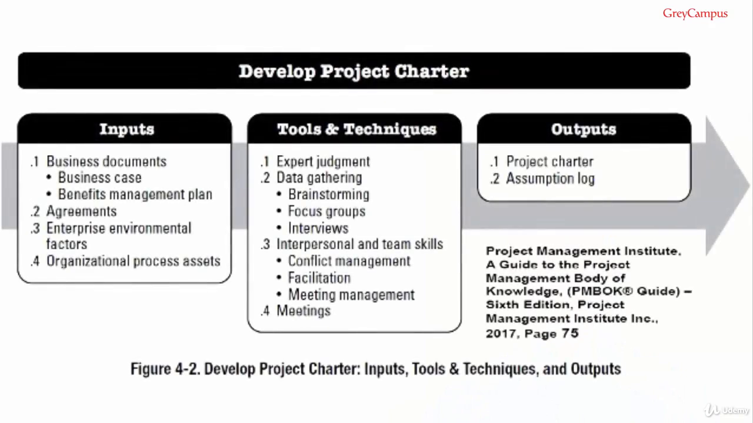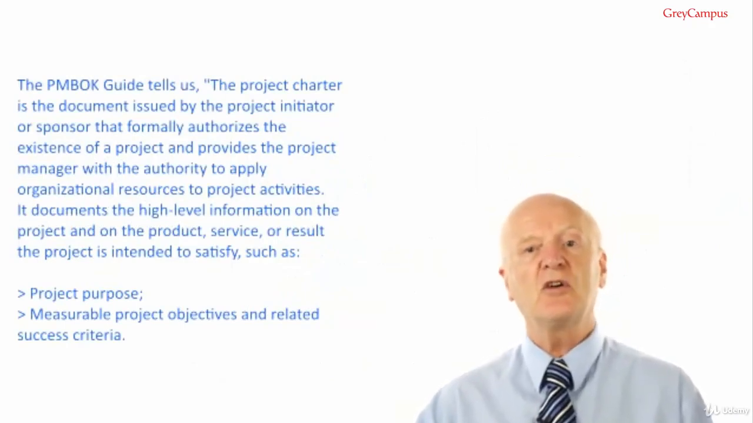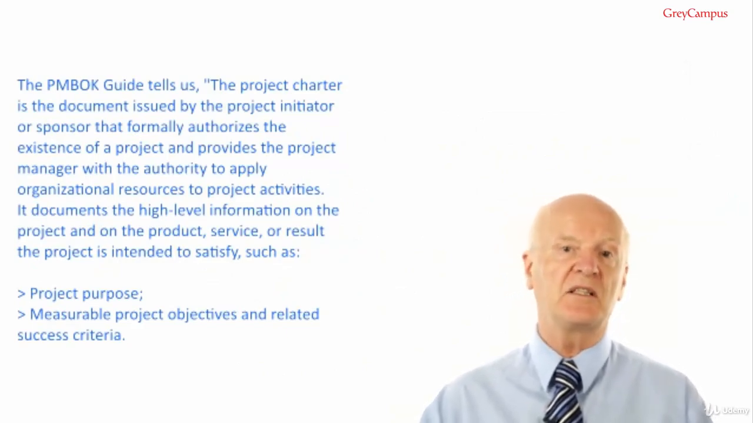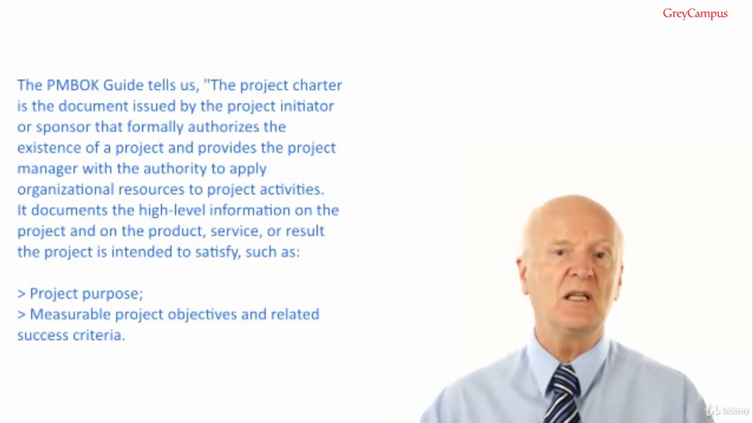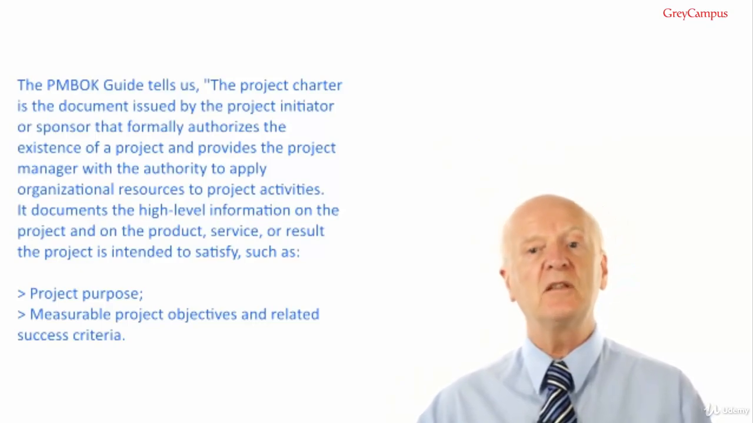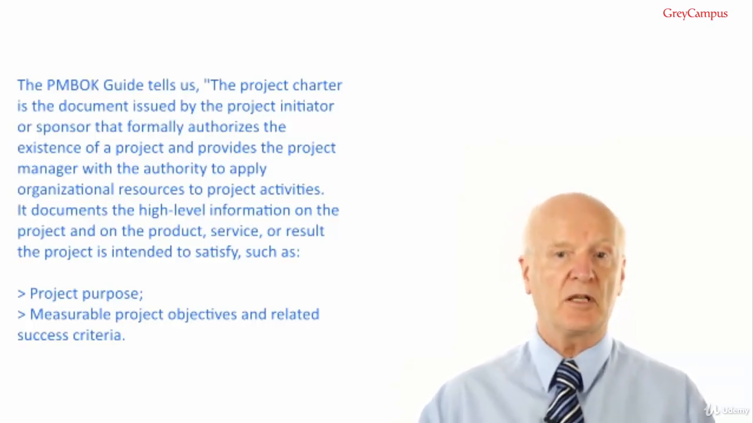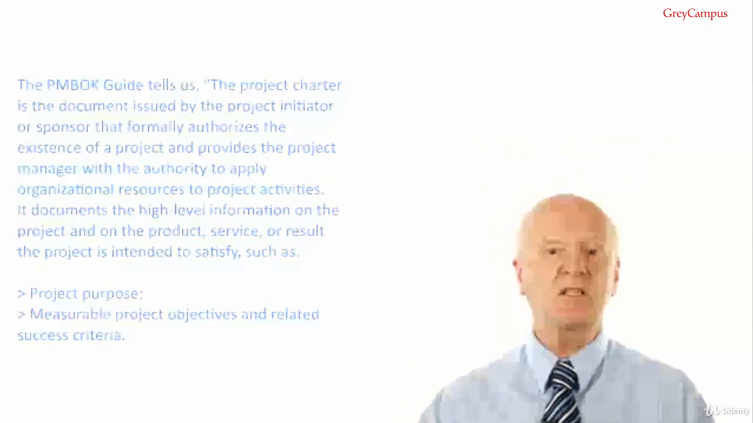Develop project charter outputs. Number 1, as you'd expect, is the project charter. The PMBOK guide tells us the project charter is a document issued by the project initiator or sponsor that formally authorises the existence of the project and provides the project manager with the authority to apply organisational resources to project activities. It documents the high-level information on the project and on the product, service or result the project is intended to satisfy, such as the project purpose, measurable project objectives and related success criteria,